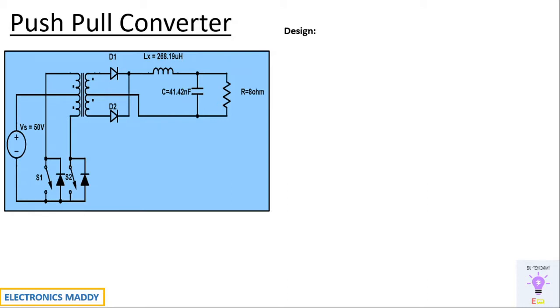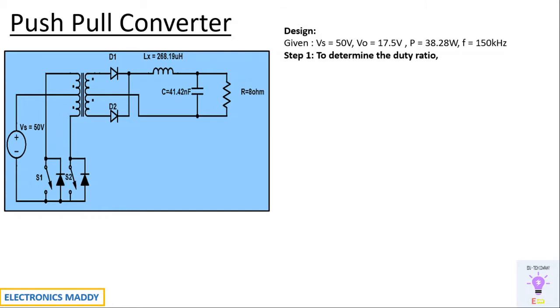Let us start off with our design procedure. Every design will have certain requirements. So these are the requirements that the circuit is designed for. I am assuming a supply voltage of 50 volt and designing it for an output voltage of 17.5 volt with a power rating of 38.28 watt. The switching frequency that I have chosen for the circuit is 150 kilohertz. These basically depend upon the type of application that you want to use this converter for. So these are the values that I have taken.